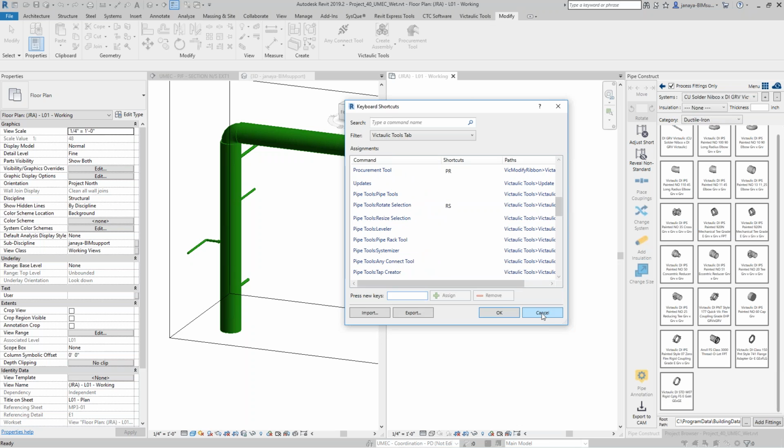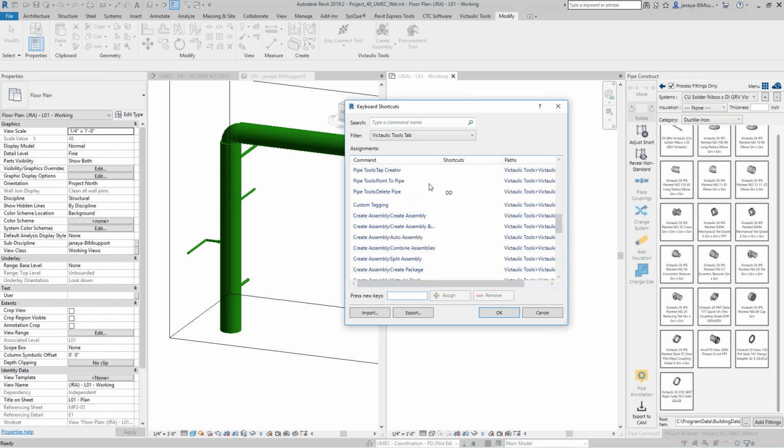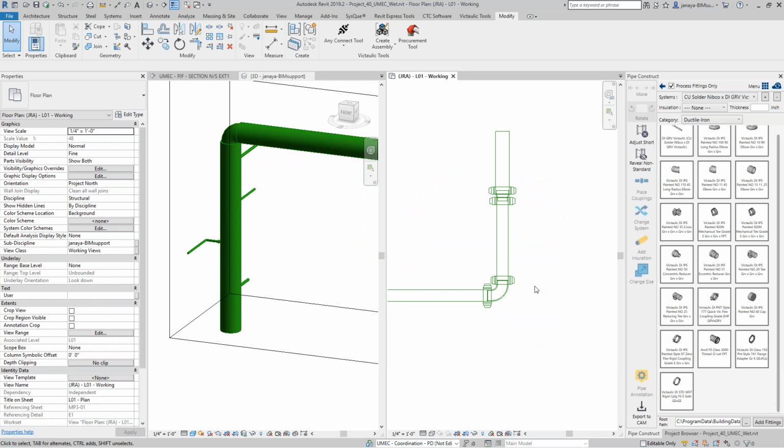Procurement tools, rotating selection. Delete pipe is nice as well. To answer your question, Kyle, yeah, I think that would help. I've been sort of stumbling through and making progress, but I think my progress could be much more efficient if I had